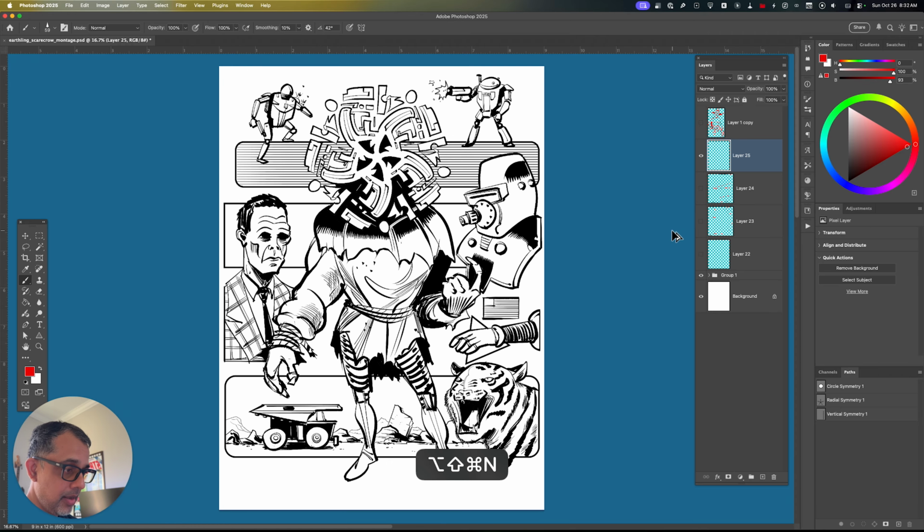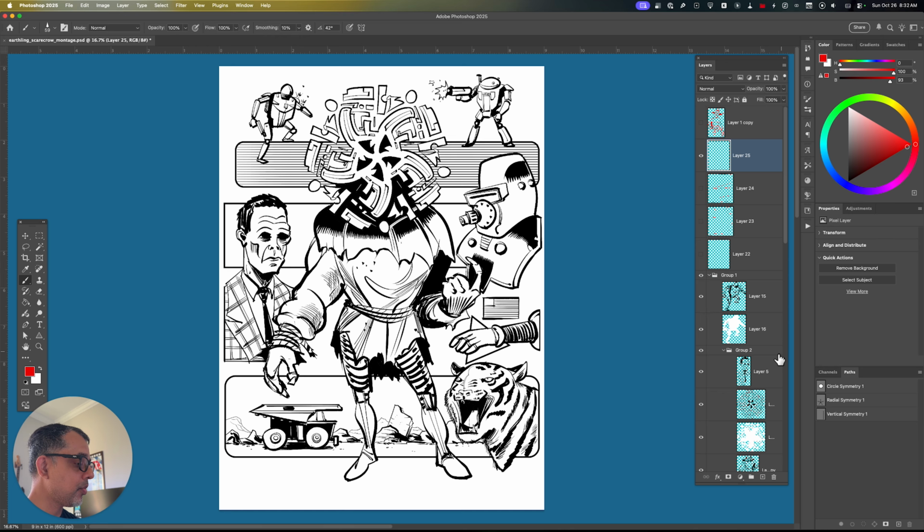And for something like this, because I've got the character in the center, I wanted to create some balance. If I, for example, removed some things, like if I just remove that robot on the left, we can see that despite all of the interesting things in this composition,